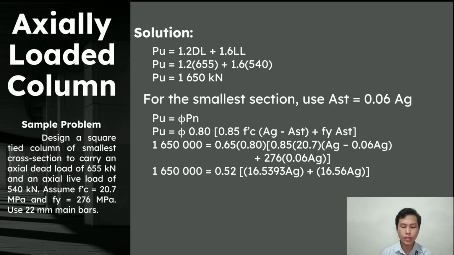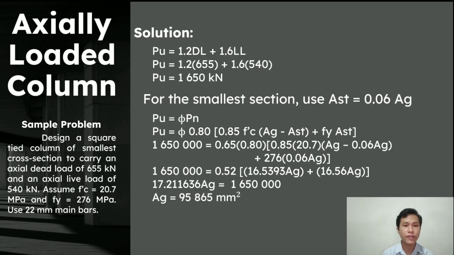We'll get 1,650,000 is equal to 0.52 times 16.5393 Ag plus 16.56 Ag. We'll get 17.211636 Ag is equal to